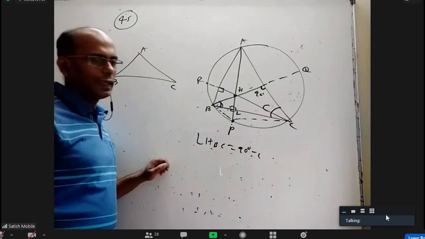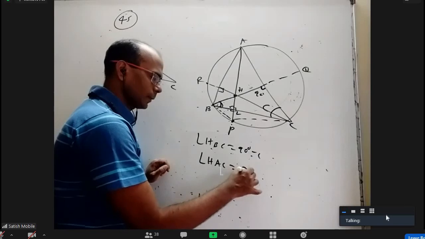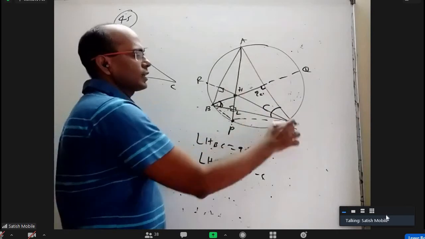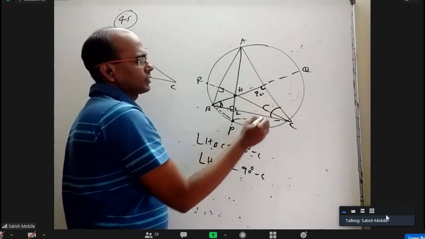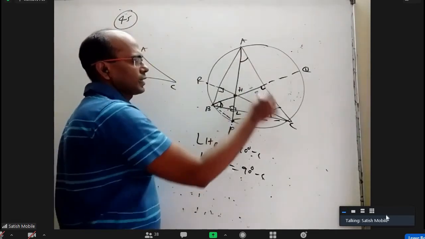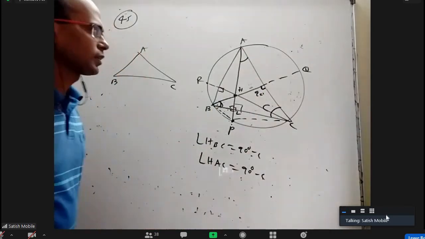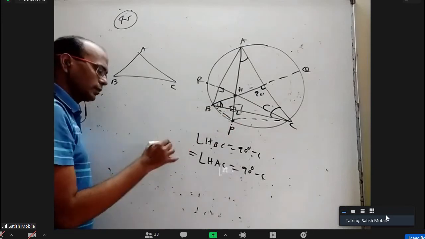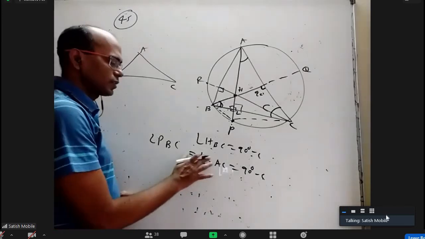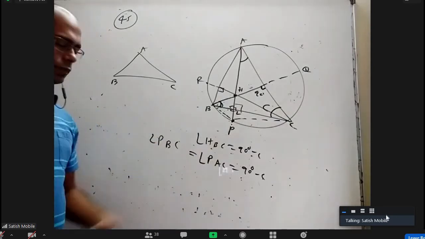Right? Next. Angle HAC, is it also 90 minus C? Yes, sir, because that is another right angle triangle here, HAC. Where is that? This angle I want. This whole thing is a right angle triangle. This is C, this is 90, so this should be 90 minus C. HAC is 90 minus C. But HAC is the same as PBC. You can write HAC or you can write PAC, not a big issue. PAC and PBC, are they equal?